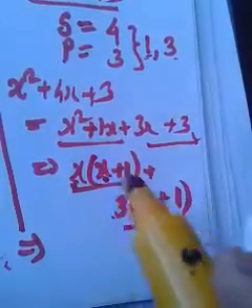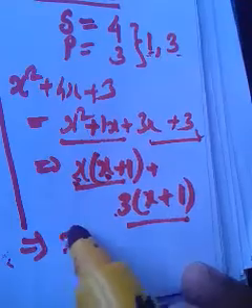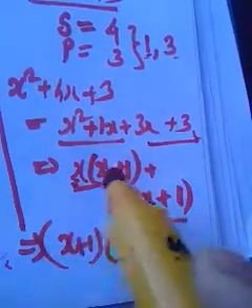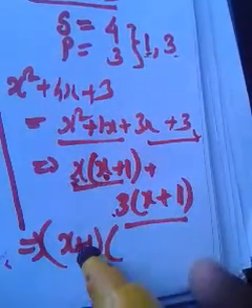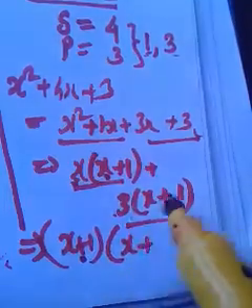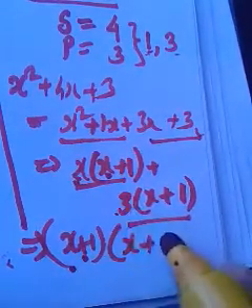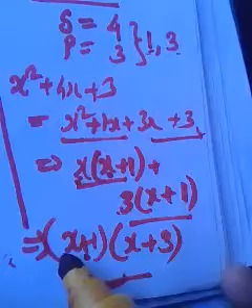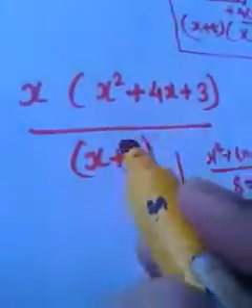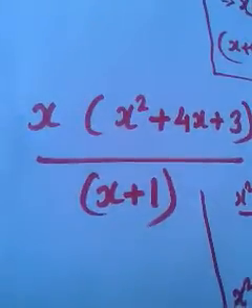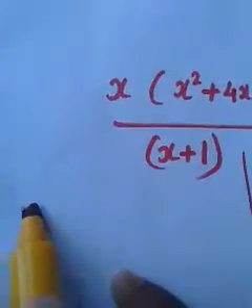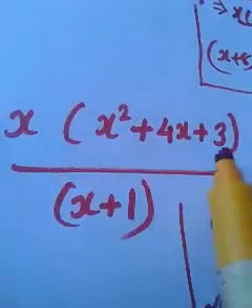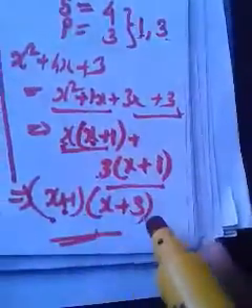now we got a term which is common in both terms, x plus 1. Take that term outside, x plus 1. From this term when I take x plus 1 outside, x only will remain. From this term when I take x plus 1 outside, 3 will remain. So the answer is x plus 1 into x plus 3. So what you can do is, in the question this x as it is, and we factorized this expression as x plus 1 into x plus 3.